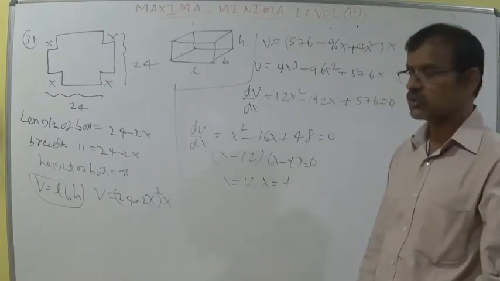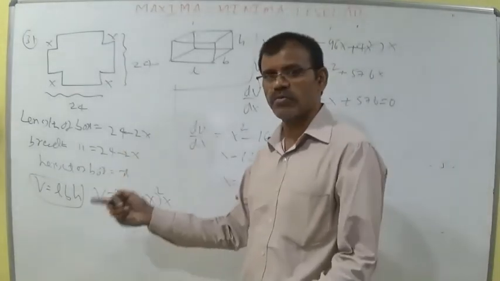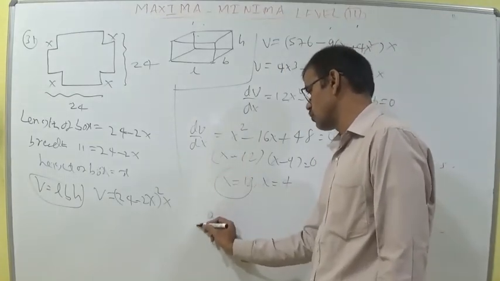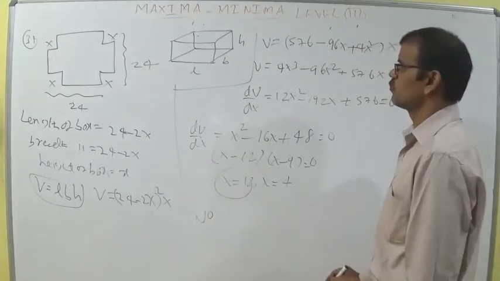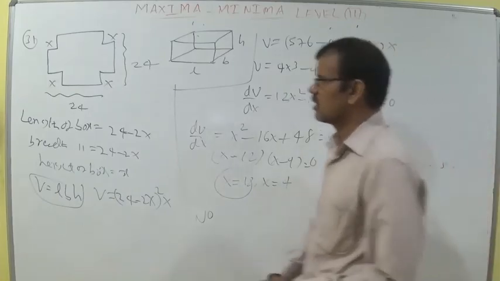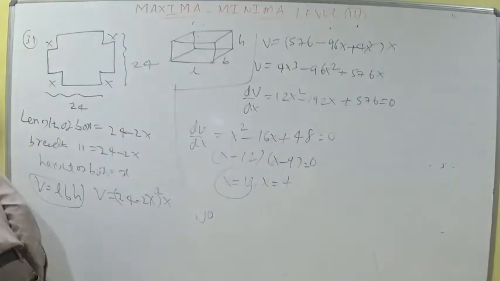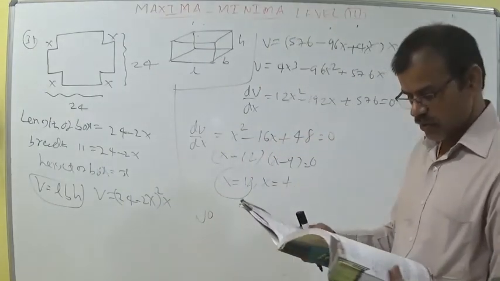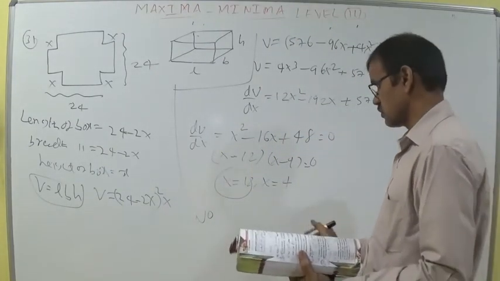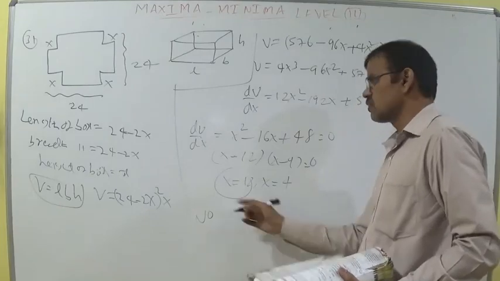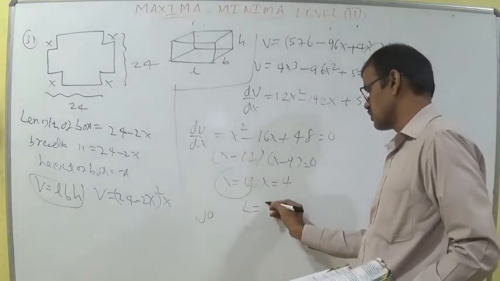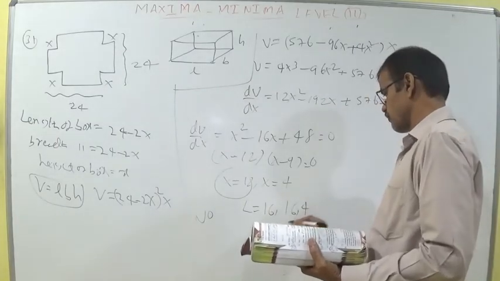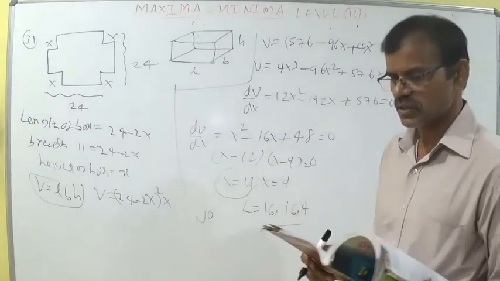If we put x is equal to 12 here, 24 minus 24 becomes 0, there will be no box. So this is inadmissible, don't take this one. So x is equal to 4 you take. What he is asking, length of piece or cut part or volume, read the question and write the dimensions. Now 4 we got, only first option. Length is equal to 24 minus 8, that is 16, and breadth also 16 and height is 4. So first option is here.